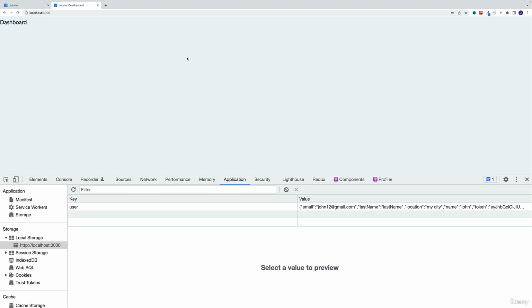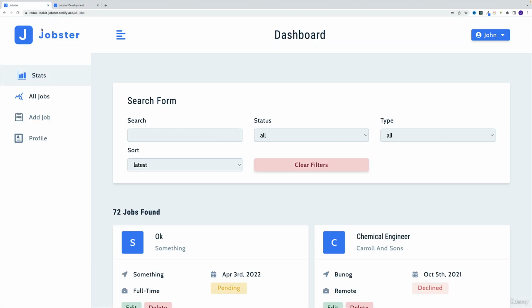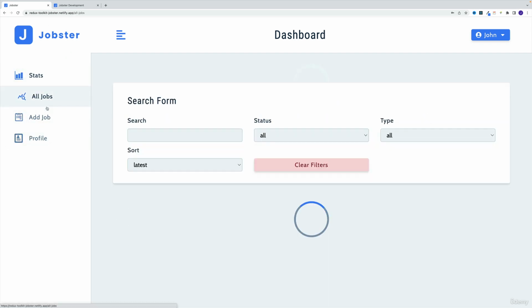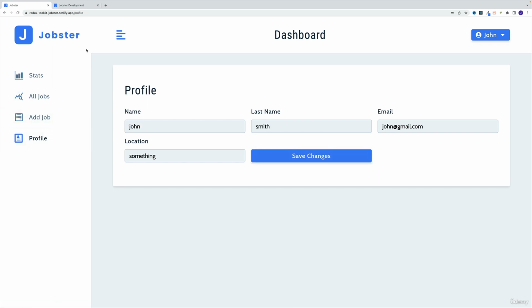And once we're done with the register, now let's set up the dashboard, which actually has a nested structure. So this is where we'll use that shared layout because inside of the dashboard, we have all of these pages. So the dashboard acts as a parent